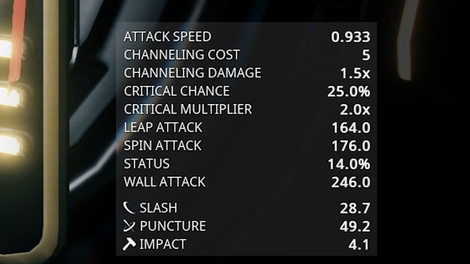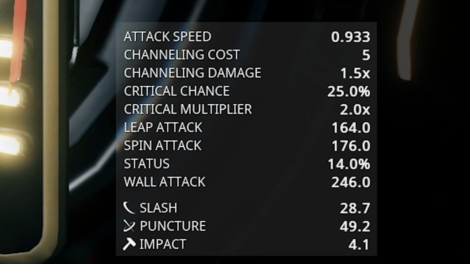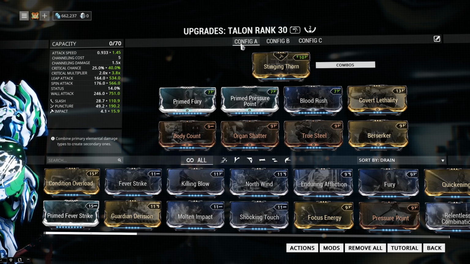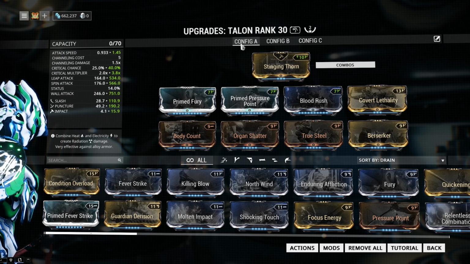It has 82 base damage and 0.933 attack speed, much like Falcon, but a 25% crit chance, a 2 times crit damage, and a 14% status chance. I basically built it for full crit, but tacked on Berserker and Cohort Lethality instead of 2 elementals because I needed a reliable weapon to bring on elemental enhancement sorties. And my sixth and final Zaw is...